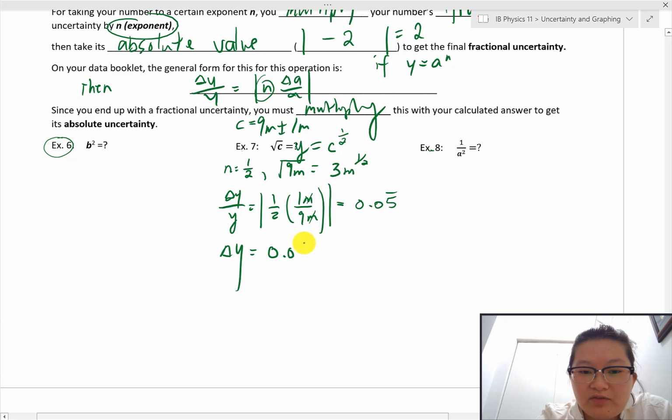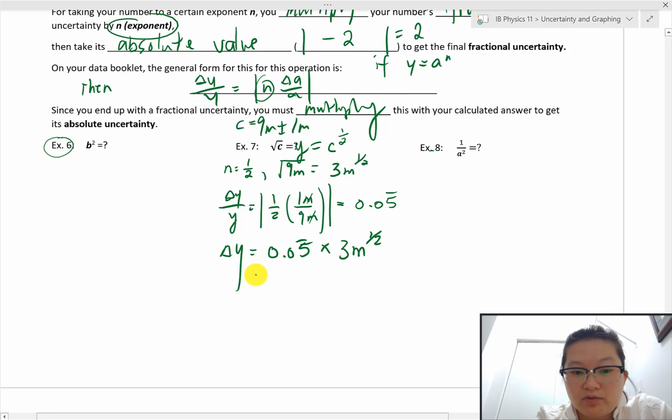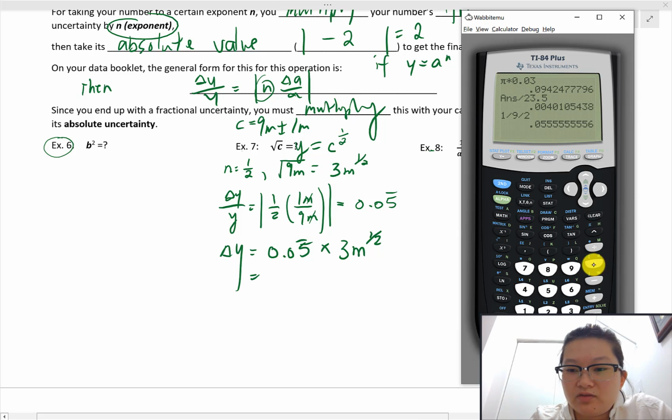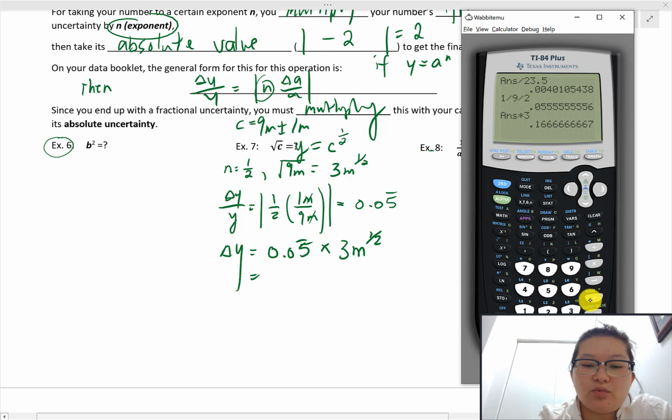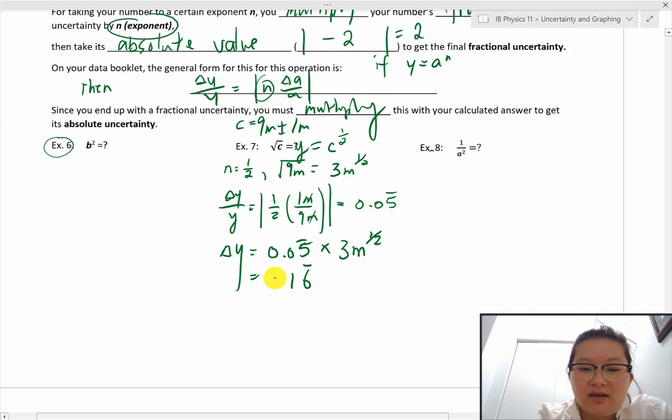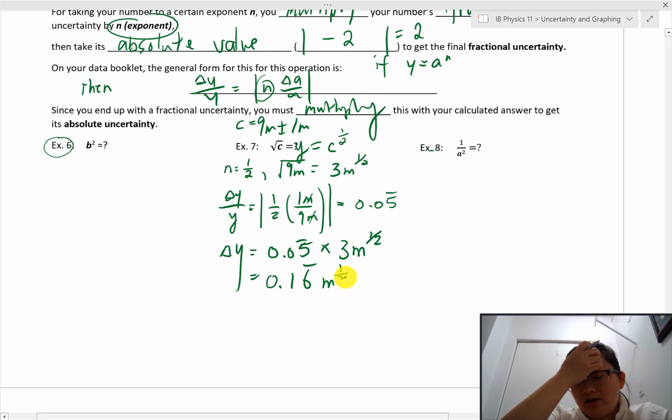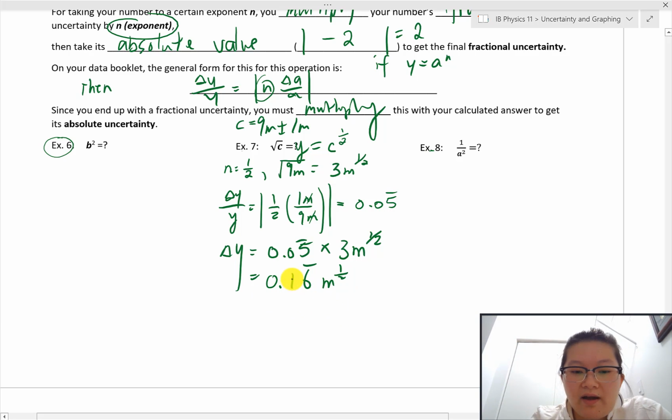to be 0.05 repeated times our final answer y, which is 3 meters, or 3 meters square rooted. So if I do that, multiply by 3, I am going to get 0.16 repeated. Okay, and now that I can put in the units, which is meters square rooted, and to write my final answer, I'm going to round this to 1 significant figure, so the 6 is going to round the 1 up to a 2, 0.2